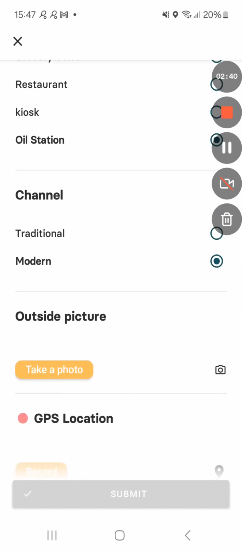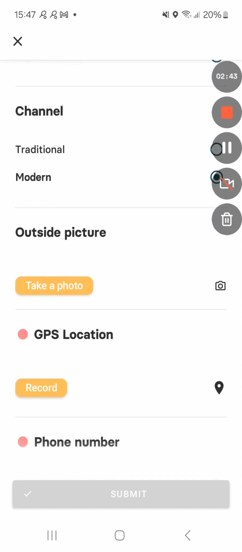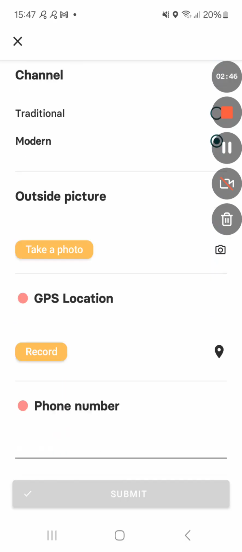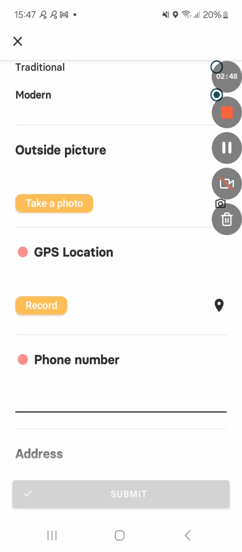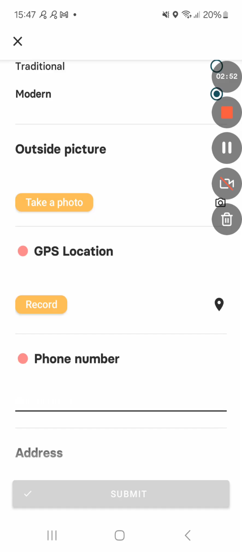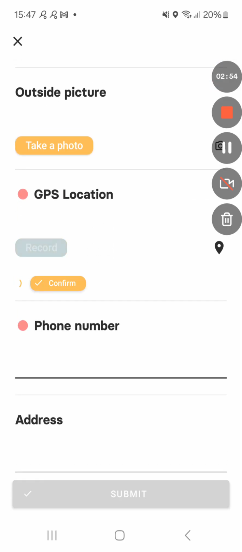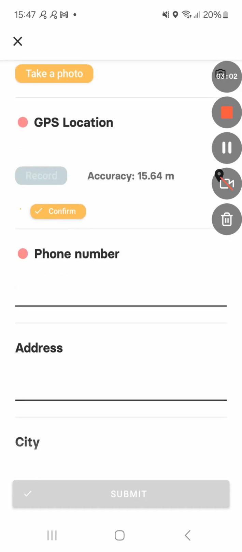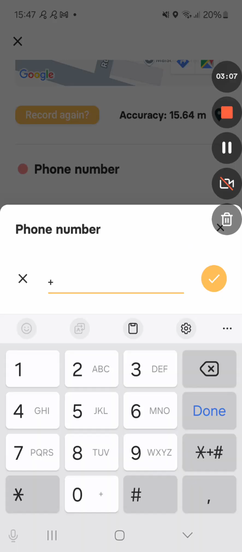So I'll select an oil station as the channel. Also, you see channel is not mandatory. The outside picture is really important also, because we know that you don't necessarily have the name of the store or things like that. The GPS location is really, really important. You save the location of the phone. That's why we create a new client when we are at the location. It's mandatory. Then the phone number with the index,